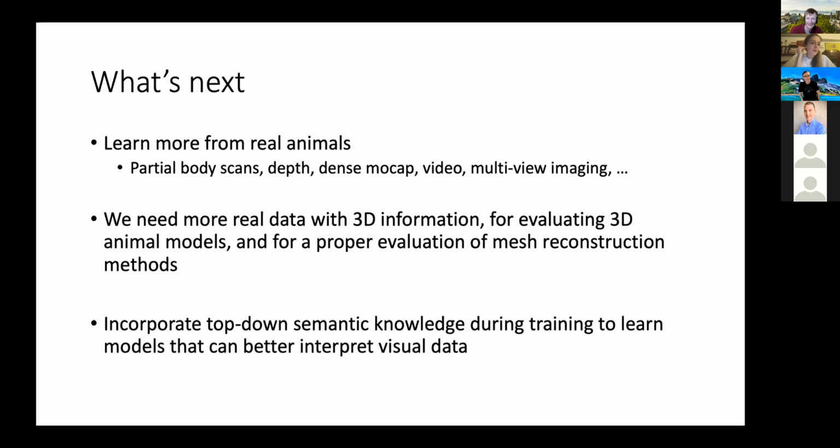But in general, maybe we can capture partial body scans for animals, at least for domestic animals. We can capture probably depth information, and also video and multi-view images. I think we need to try to get more data and probably more modalities together. And we are working on this. And we need more real data with 3D information for evaluating 3D animal models, but also for a proper evaluation